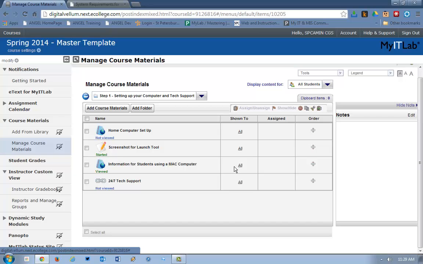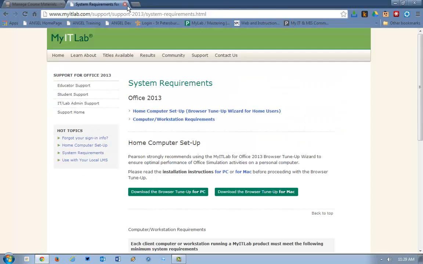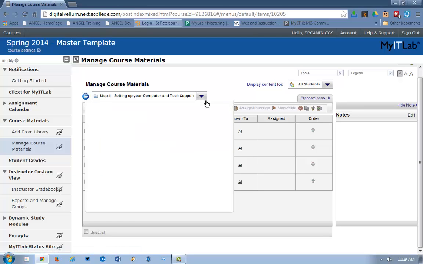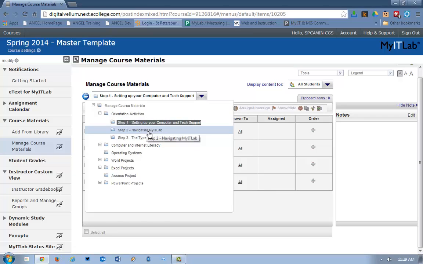Now, Chrome is the recommended browser, but you still can use Firefox and Internet Explorer. Not in Explorer 11 yet. I think that's going to be ready for January, though. So that's what's new in the orientation. The rest of the orientation is the same,